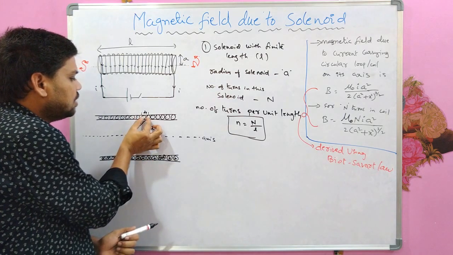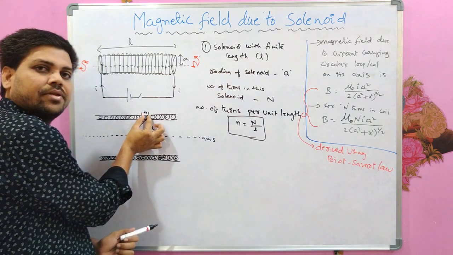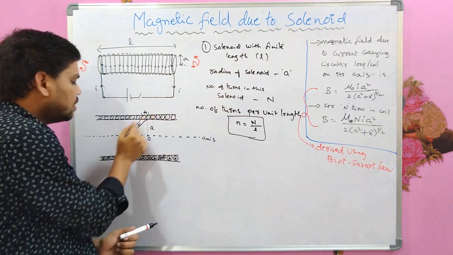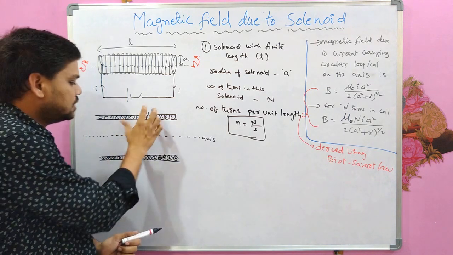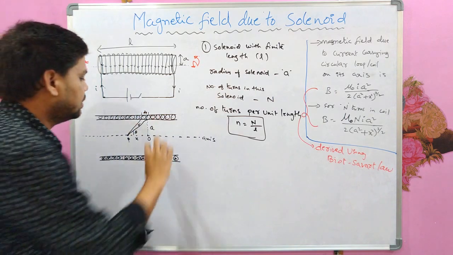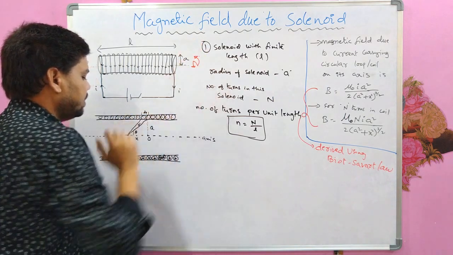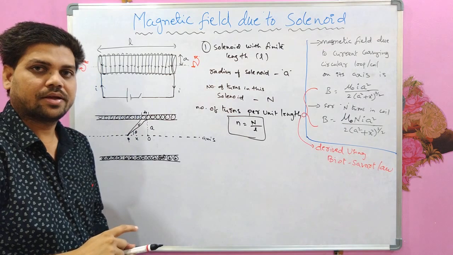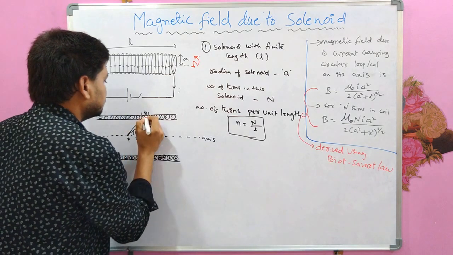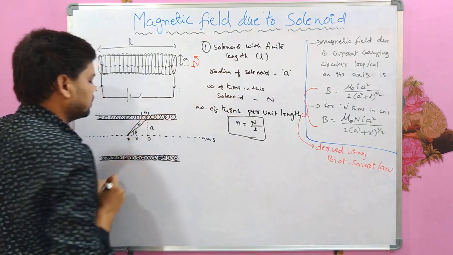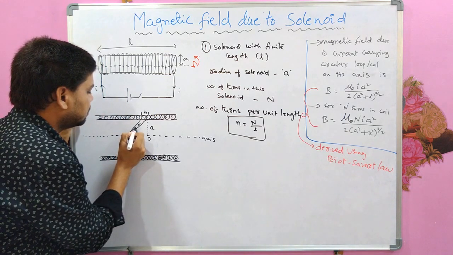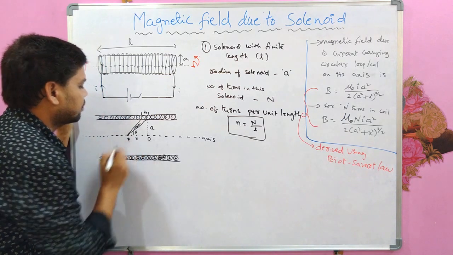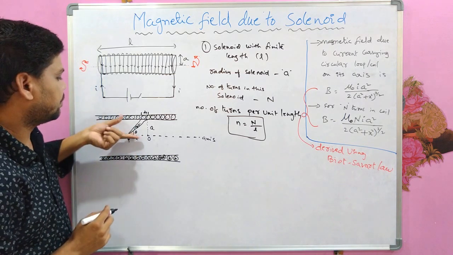So here our current element is here, and from there to the point P, the distance is small r. And this is A that we have taken. Right? So this is the dx length that I have taken. This angle I am taking as some small angle d theta,